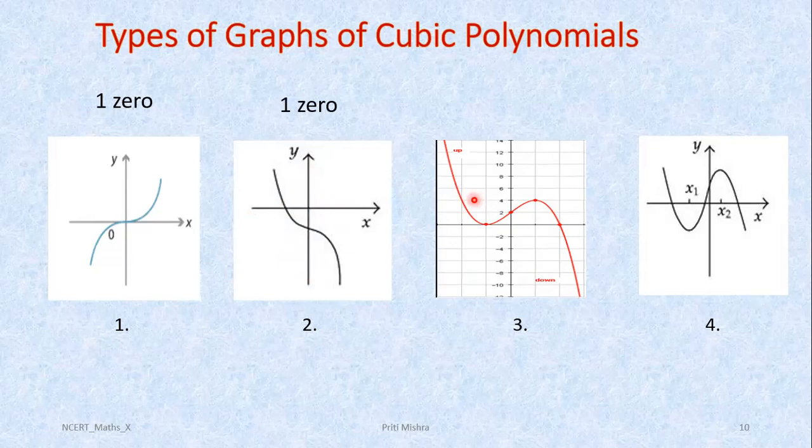So I am showing here which types of graphs you can have with various zero conditions. In the third one, you can see the graph is cutting the x-axis at only 2 points. First one is this one and another one is this one. So how many zeros will it have? Simple, 2 zeros only. And in the fourth one, find out how many points: 1, 2, and 3. Yes, 3 points at which it is intersecting the x-axis. So it will have 3 zeros.